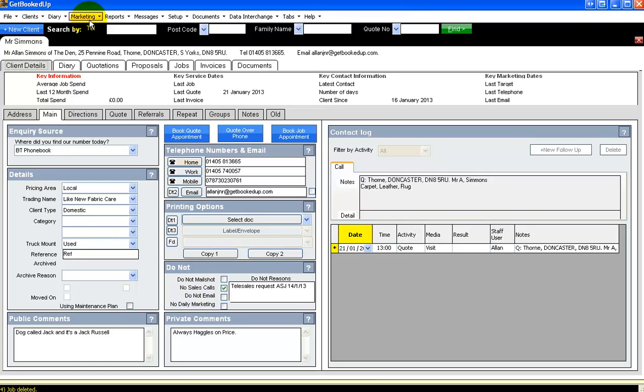So let's have a look at how we create a job from the quotations that we've put onto the system, and then how we add that onto the diary and print the job sheets within GetBookedUp. Wherever you are within GetBookedUp and you want to work with jobs, you go to the Jobs tab, and we